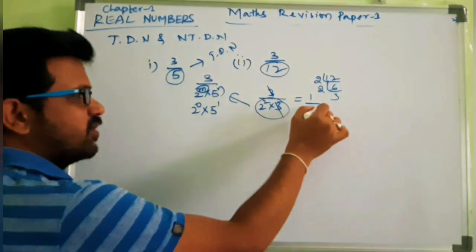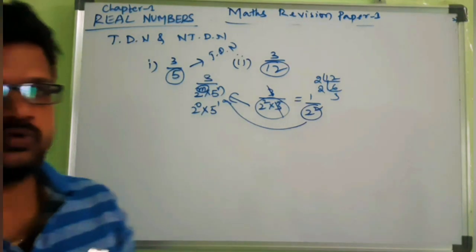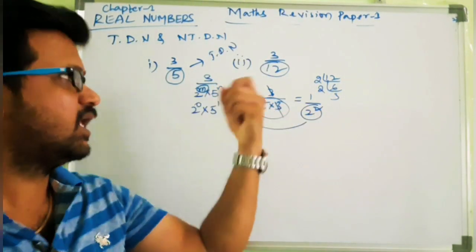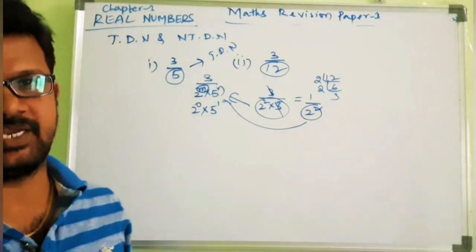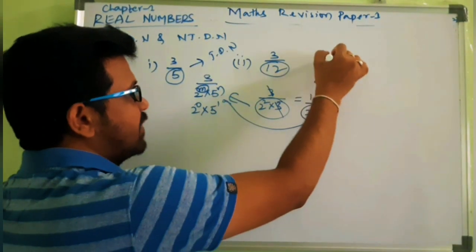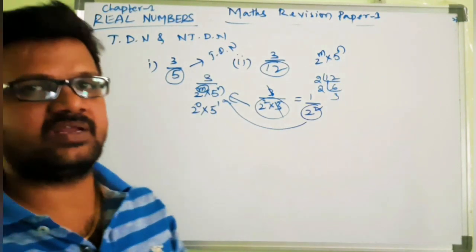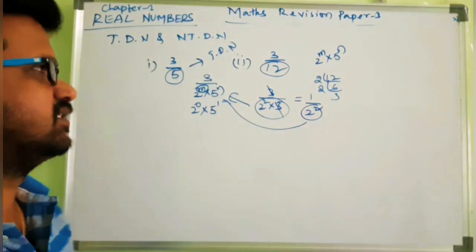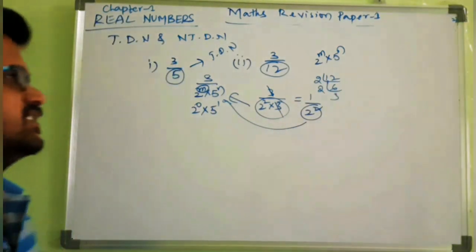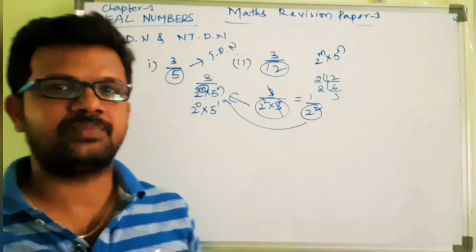So here also the denominator is in the form of 2 power m into 5 power n. So keep in mind that you have to simplify first, write in simplest form. Afterwards factorize the denominator. If the denominator is in the form of 2 power m into 5 power n, then the given rational number we can express as a terminating decimal number; otherwise non-terminating. This is another concept they may ask in bits, half mark in part B.